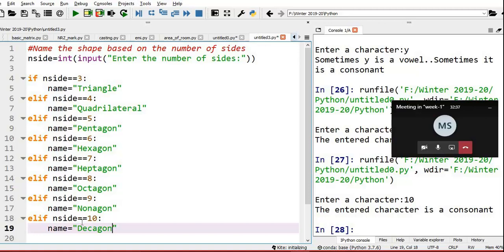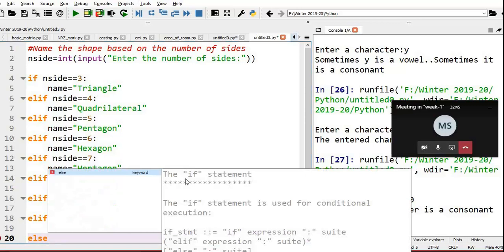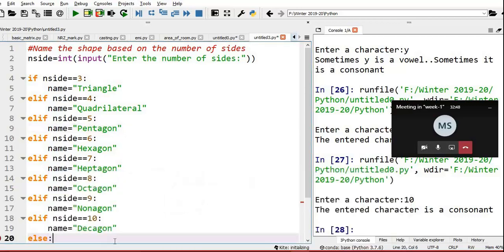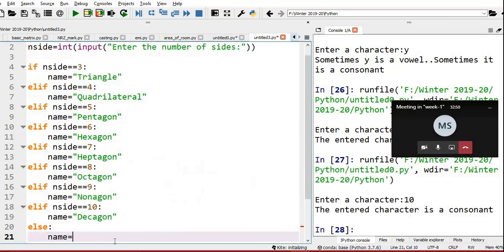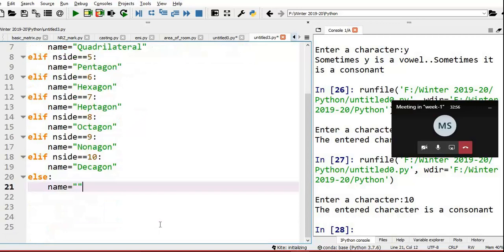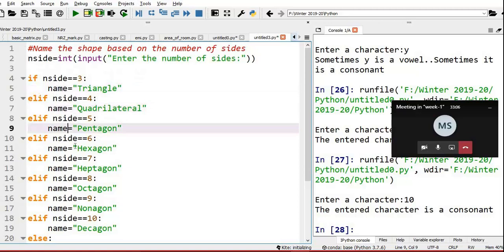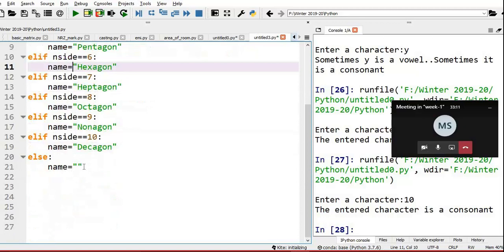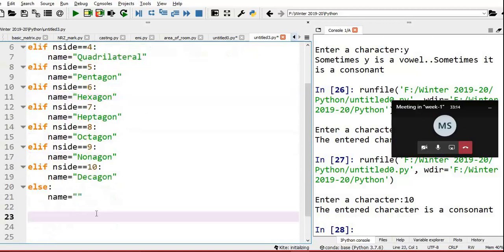So if I am entering other than this, then it should print an error message. For that, I'm just going for else. I'm just giving a name, for example, some empty string. So we are done with if else. Now what I'm doing for printing. Instead of putting print every time, that is also okay. If you are using print inside, your program is done. Additionally,